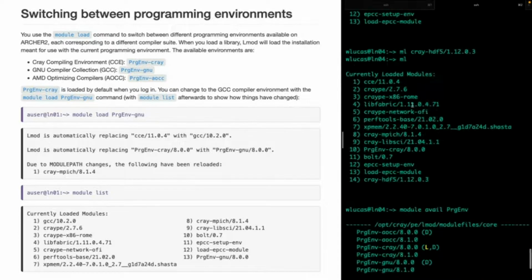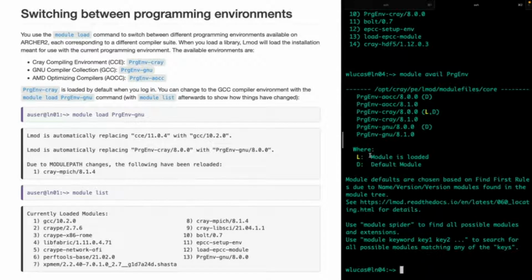We can check that with ml, and we'll see PrgEnv-cray 8.0.0 is loaded. So if you want to change to a different compiler suite, so move from Cray to GNU or AMD or back again,